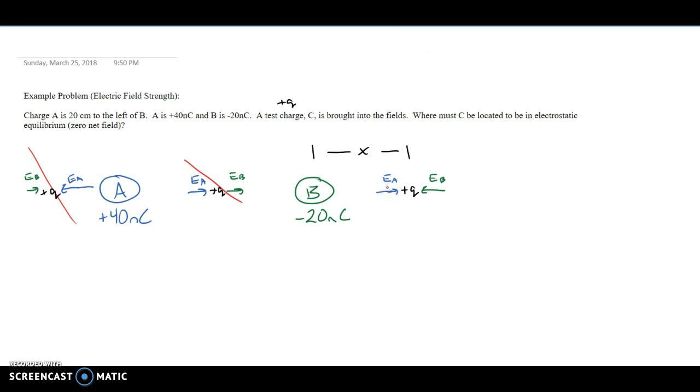So now we need to set up an equation to compare A and B, incorporating this distance. The other information in our problem is they tell you the distance between the charges is 20 centimeters or 0.2 meters. So there's my picture. I've drawn my arrows, and I know that it must be to the right of B in order for the fields to cancel. And so now, if they cancel, we know the fields have to be equal, meaning the field of A, the length of the arrow,